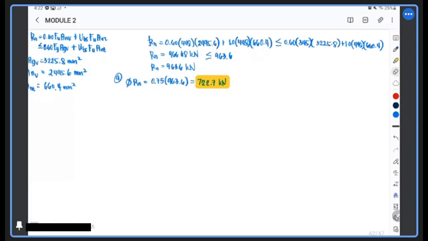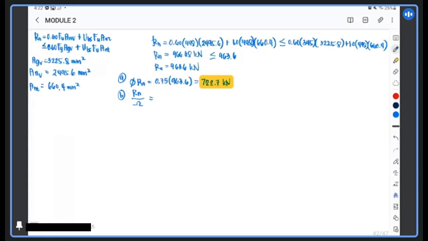Letter B is the block shear strength in ASD. That would be equal to Rn over our factor of safety. And anong sabi sa NSCP? It is to be a factor of safety of 2, because ang rupture, class, ay